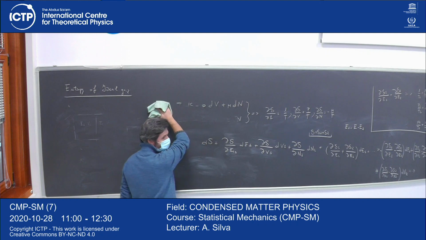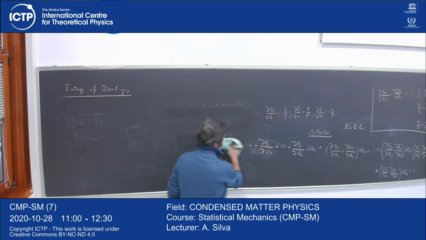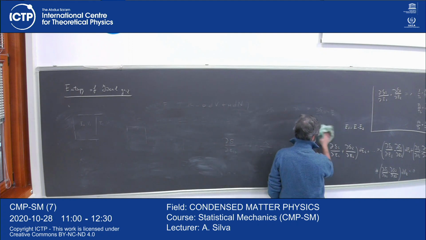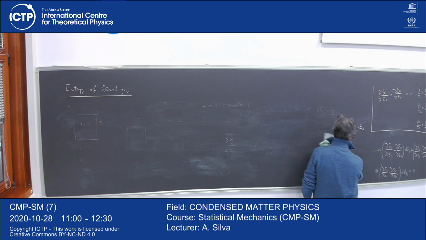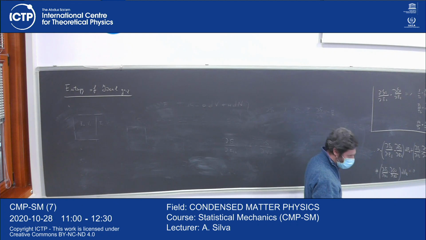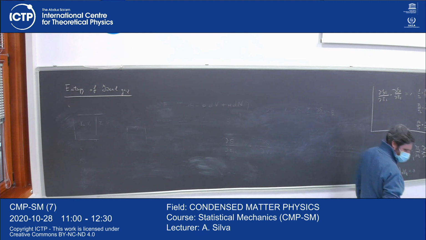Sorry, sir. Just one more thing. This means that the entropy at equilibrium imposes that there will not only be thermal equilibrium, but there will be some sort of chemical equilibrium. But this is a trivial chemical equilibrium because there are no chemical reactions, right? Yes. If there were chemical reactions